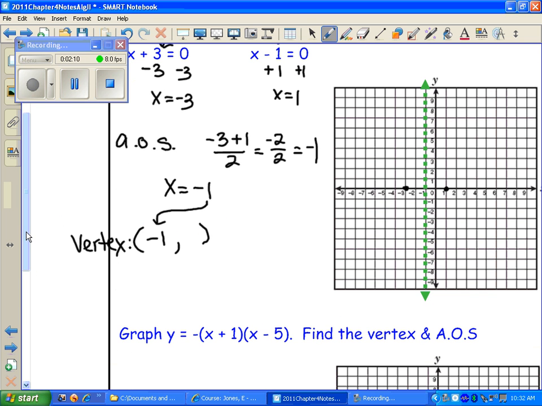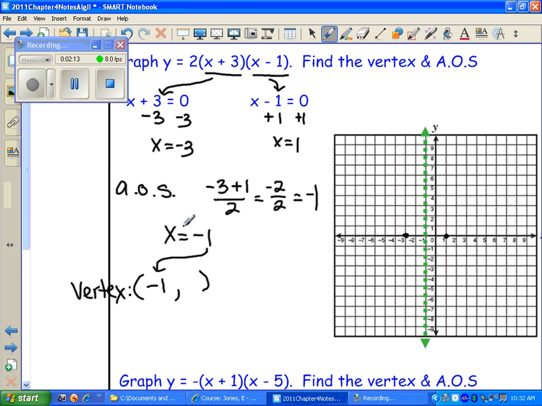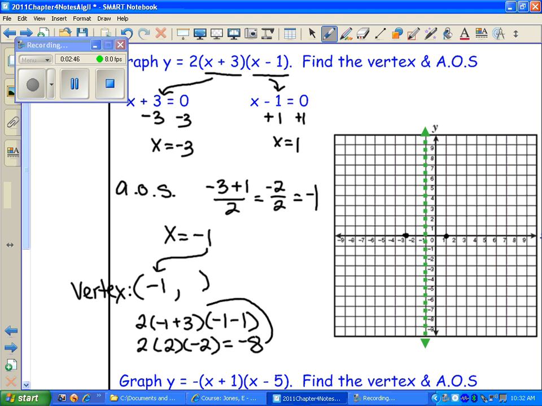So what I need to do is just plug this -1 into my equation and see what y value I get. So 2 was in the front, and then I'm going to put -1 where the x originally was in the first set of parentheses, replace the x with -1 in the second set of parentheses, and now I'm going to simplify and solve. So this is 2 times (-1 plus 3), times (-1 minus 1), which is 2 times 2, times -2. So 2 times 2 is 4, times -2 is -8, which tells me that the y value of the vertex